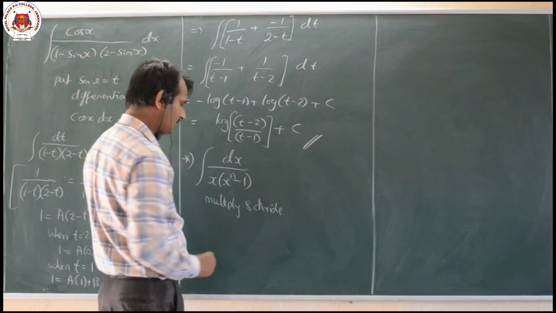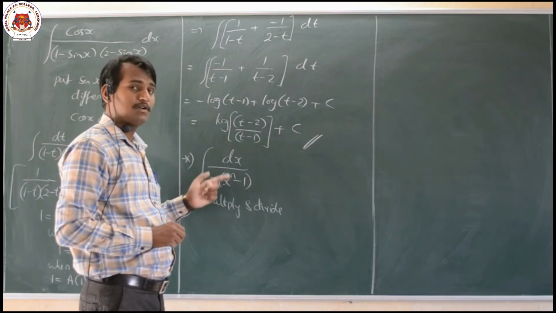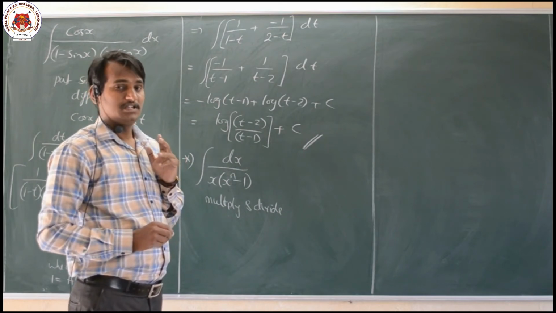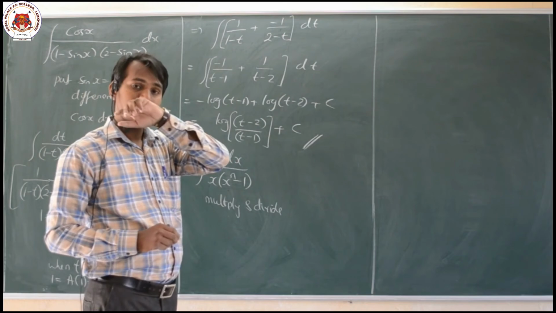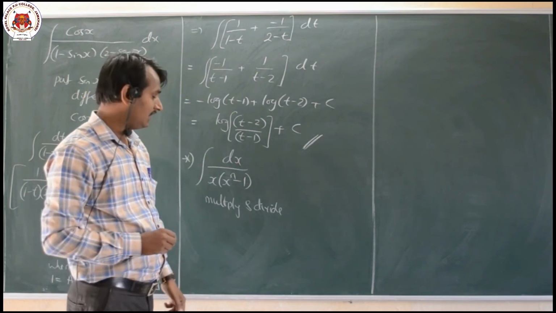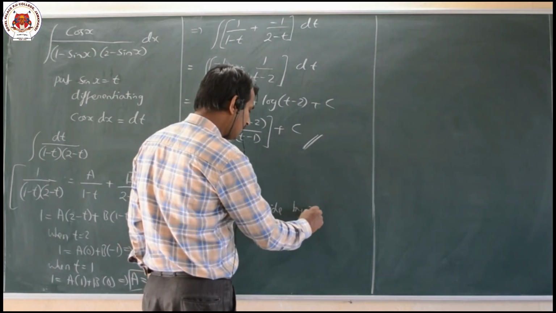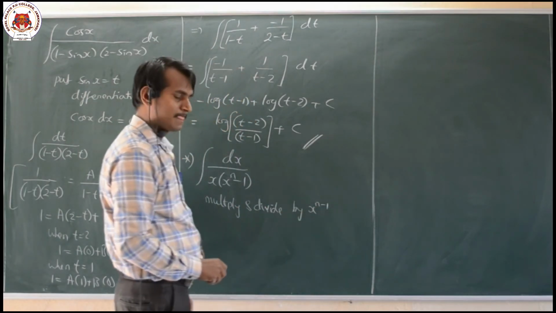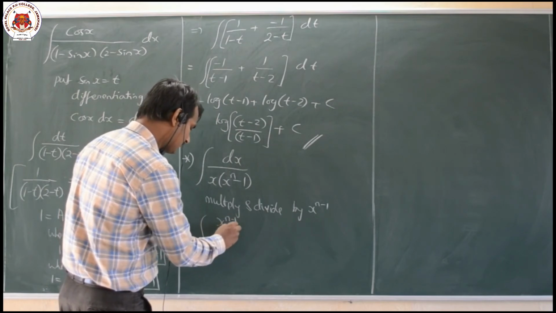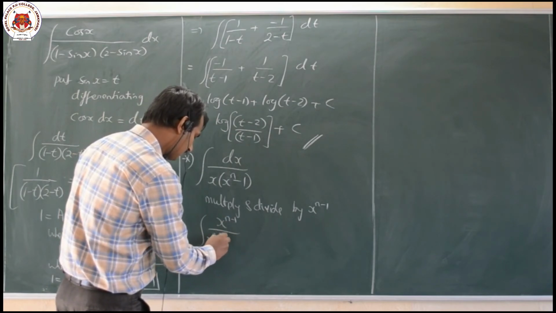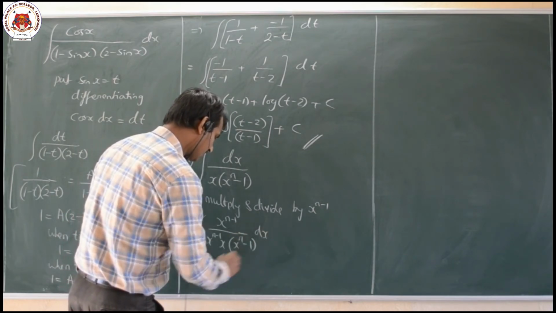Now here you can't make use of partial fraction directly. Why? Because we are having x to the power of nth term. x raised to power of n, then ax plus bx plus so on we have to write here, and it is very, very lengthy and tedious also, not possible also. Multiply and divide by x raised to n minus 1 I will do. So what I will get here, that is nothing but x raised to n minus 1 into x raised to n minus 1 into x raised to n minus 1 into dx.